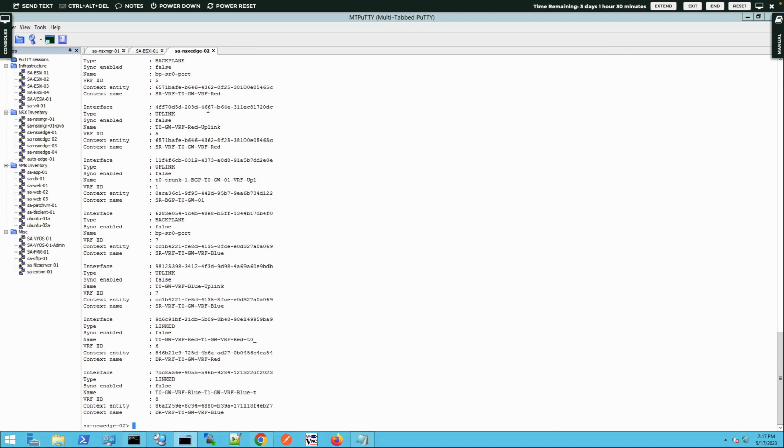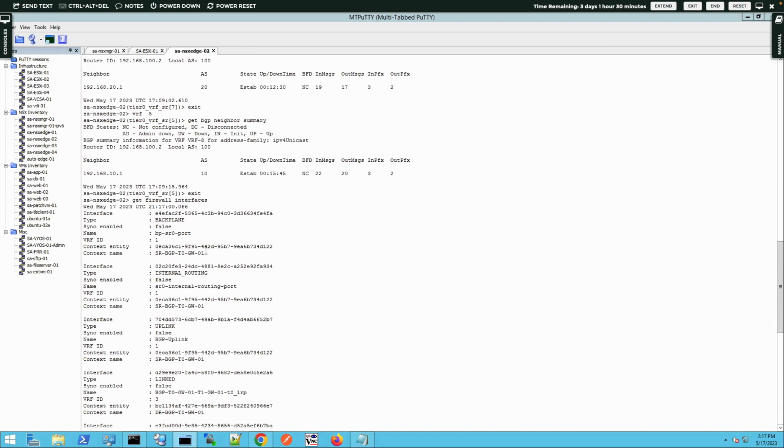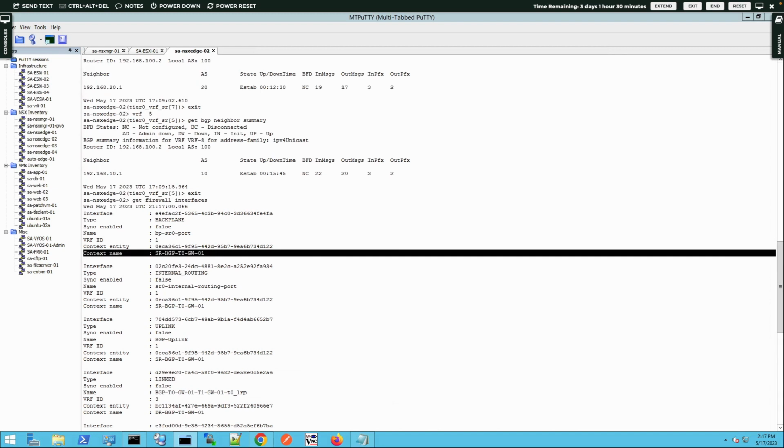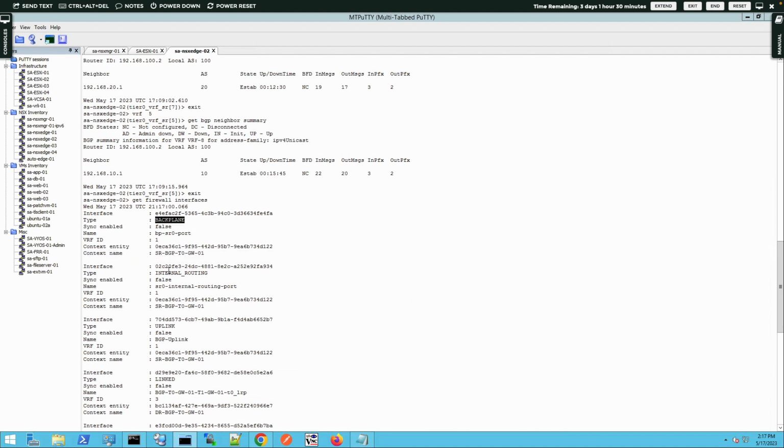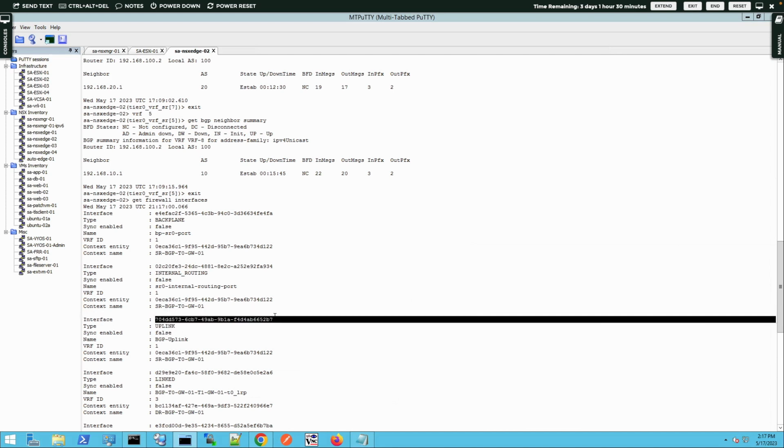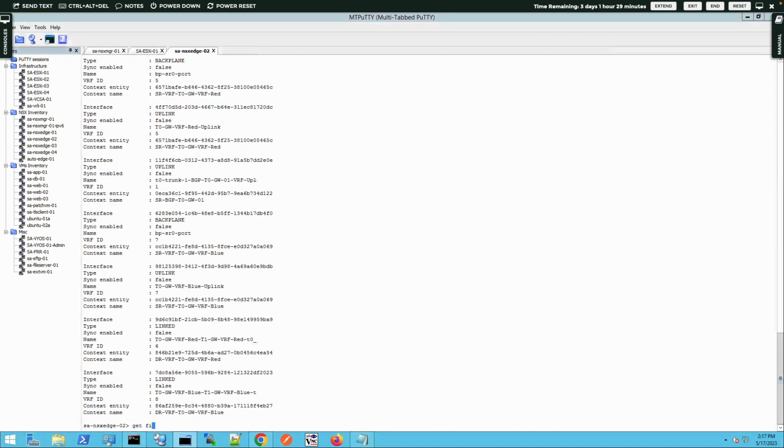Now, what we're looking for is SR-BGP-T0G1-GW01. So that's my backplane interface. That's an internal routing interface. There's my uplink. That's what I'm looking for. So I need this UUID. I need the UUID of the uplink interface. And so, in PuTTY, if I simply highlight the text, it's going to be automatically copied to the clipboard, which is great because now I can just start typing get firewall, and then I can right click to paste,